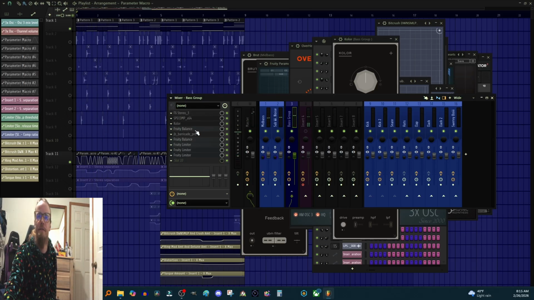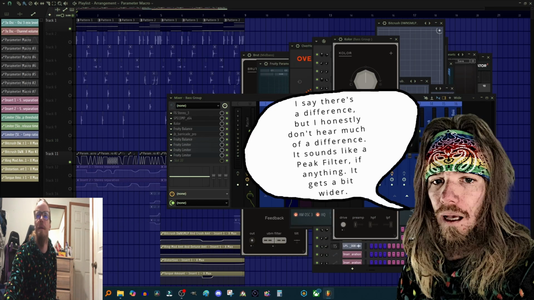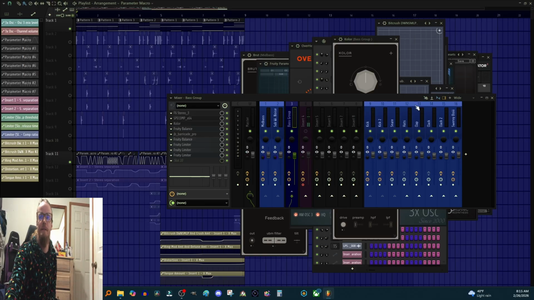Definitely making a difference. We have some gain staging happening for any kind of makeup gain that needs to happen. Since we increased the decibel after using the drive and color, we needed to apply makeup gain staging, and decrease a decibel after the process. So fruity balance knob here to do that. And then finally we have